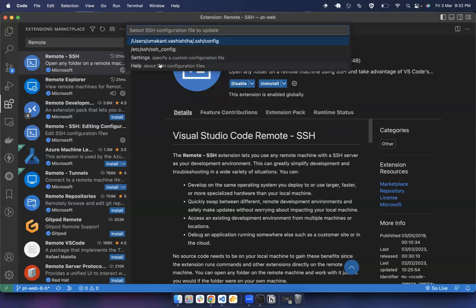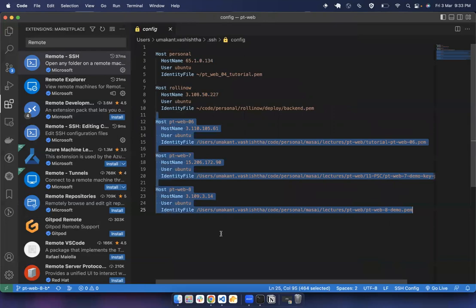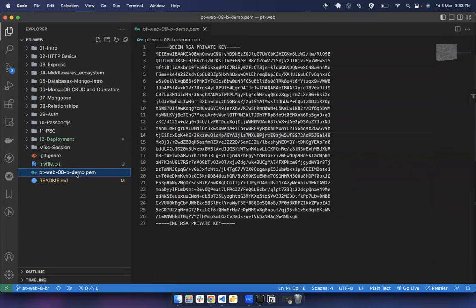Inside that, it will show you a list of configuration files. And I'm going to select this one because this is the default that I have, and I'm going to use this one. And you can see I have already added these 5 or 6 machines, EC2 machines. Okay. All of these will require you to add a name, some host name, who's the user, and what is the identity file. Okay. So I'm going to copy this file path,